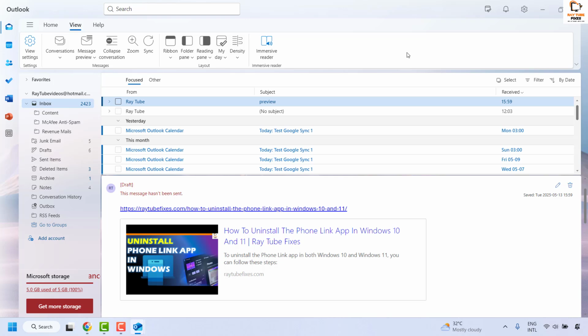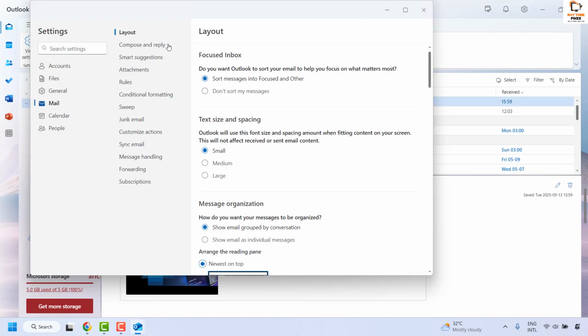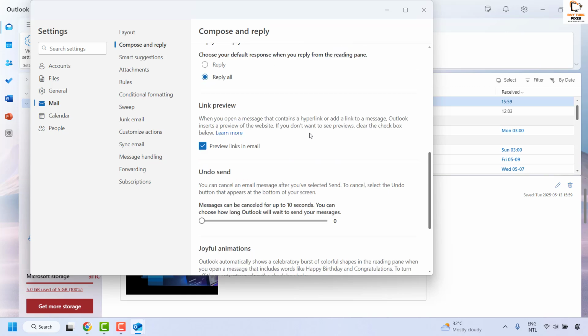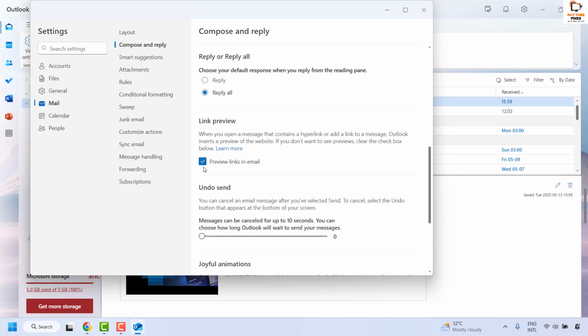The first step is to go to the settings and then go to the mail tab, and under the mail tab, go to compose and reply. Under this, make sure you scroll down and check that preview links in email is checked. In case it is checked and it still does not show the preview links in the email, what you could do is go ahead and uncheck this option, click on save,